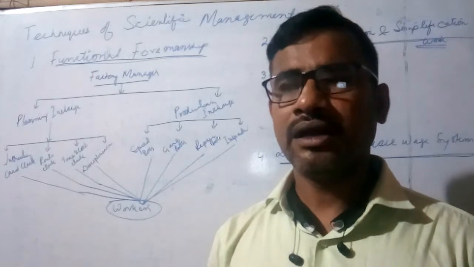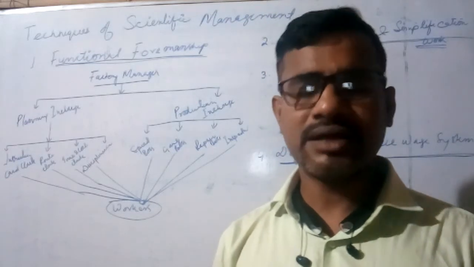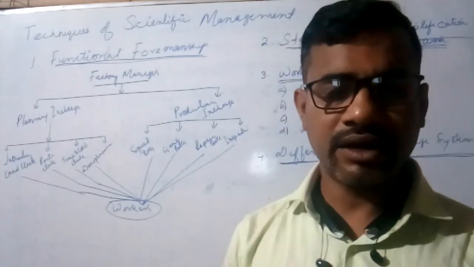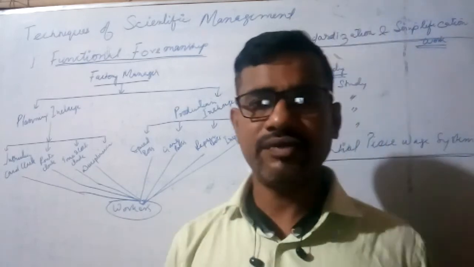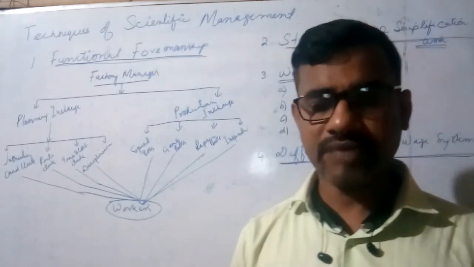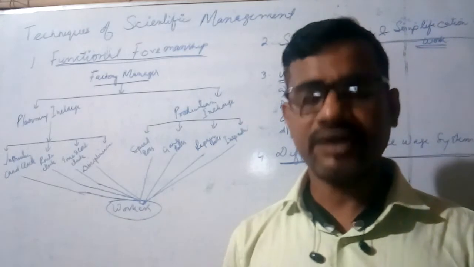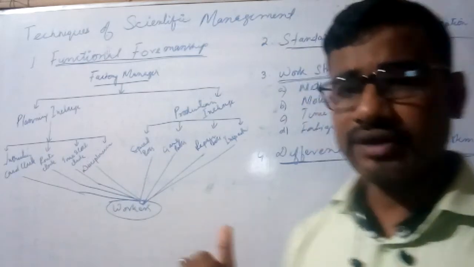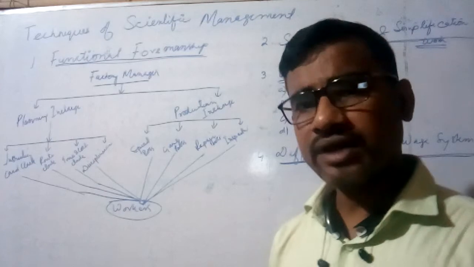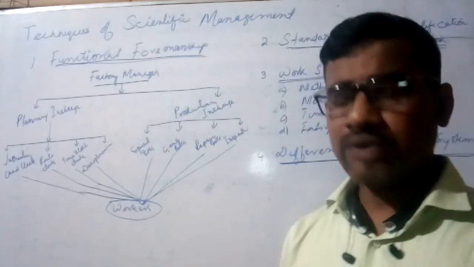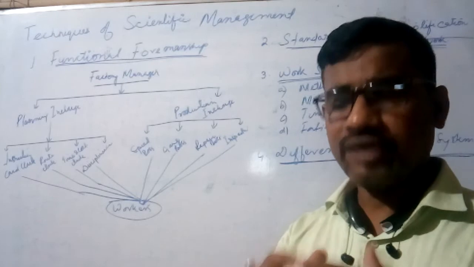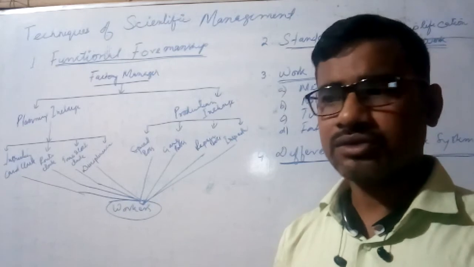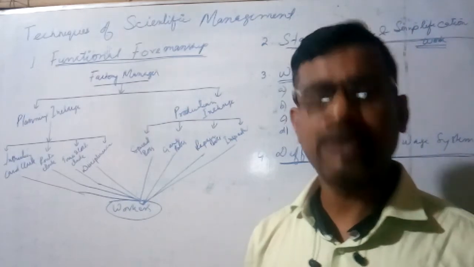This can be put into practice by some principles or techniques, you can say, that have been propounded by Frederick Winslow Taylor, as he generated the scientific management concept. He has given us some techniques by which we can bring scientificness into our management. There are basically four techniques he has given by which we can bring scientificness into our management procedures. I will try to explain these techniques very simply.